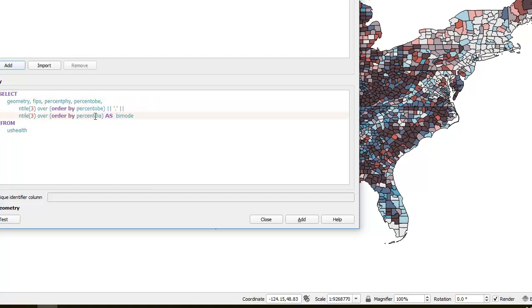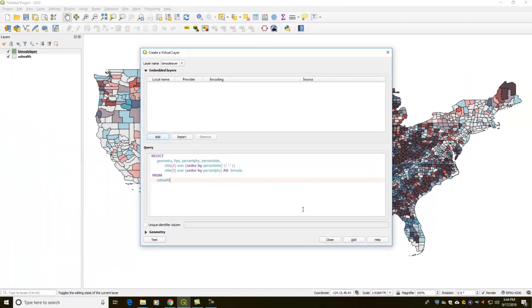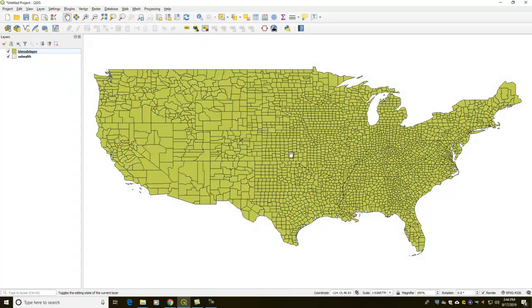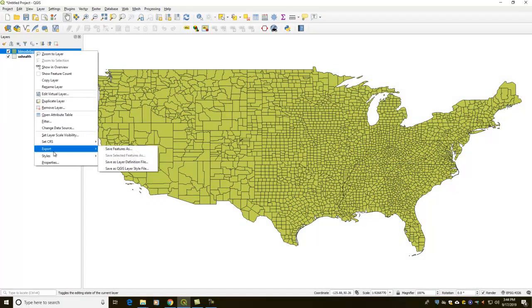And I can do the same thing here, PHY. And we'll add this. It says a layer already exists. You want to overwrite it? I'm going to say yes. And we can come in again. Actually, I'm going to rewrite this